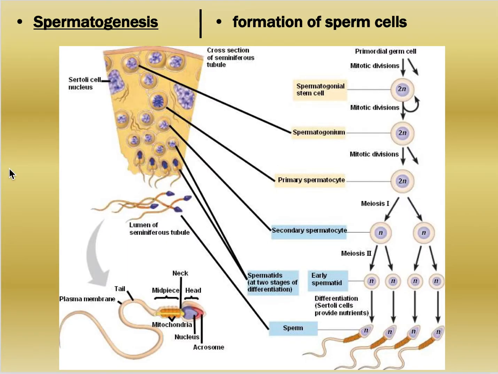Spermatogenesis. That is going to be simply genesis being formation or creation, spermato being the sperm, so formation of sperm cells. Pretty much what's going to happen is it's going to go from the outside and move inward. So you're going to look, and that's going to be a little bit about what your lab's about, looking at the structures. There's these glands, right? So in the glands, you're going to have a lumen, or an area that is hollow, and your sperm here is going to get